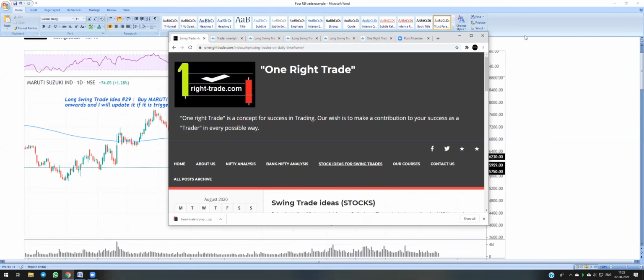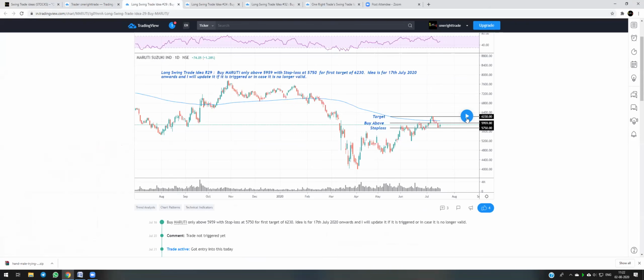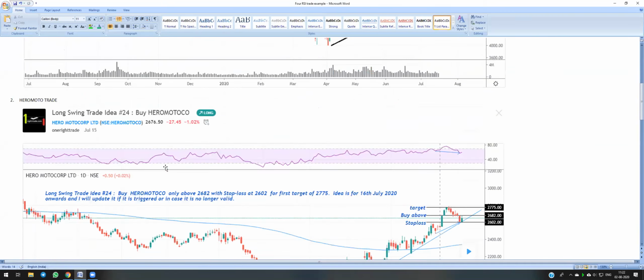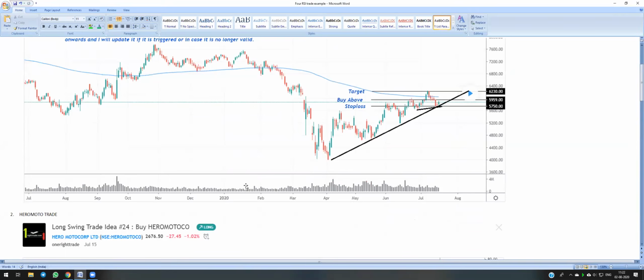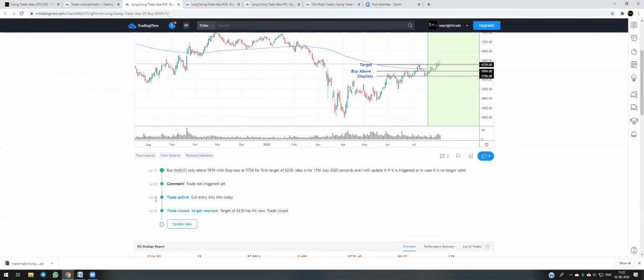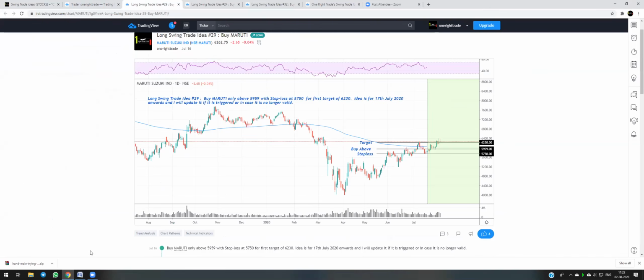I love TradingView because you can share the live trades there, right? This is Maruti, and we booked 75% here, and we are trailing the rest at our entry price. I don't know where the price will go. So this is my trailing stop loss for the rest of the 25% position. I'll come to the next one. This trade was taken on, I think I've updated it here, just a minute. Yep. We got an entry on 21st July, and on 28th July we closed the trade with 75% booking.